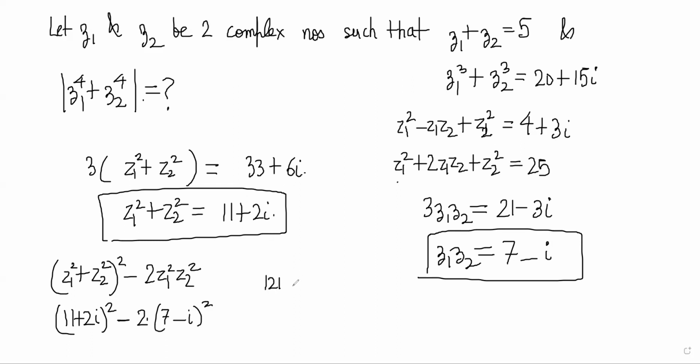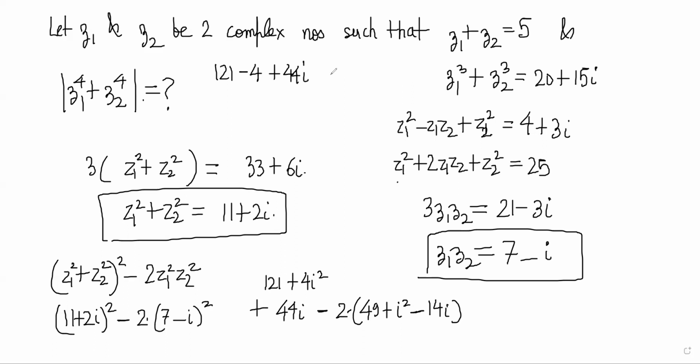You'll get 121 plus 4i square plus 44i minus 2 times of 49 plus I square minus 14i, right? You're getting 121 minus 4 plus 44i minus 98 minus 2i square becomes a plus 2 plus 28i. So you are getting 25।